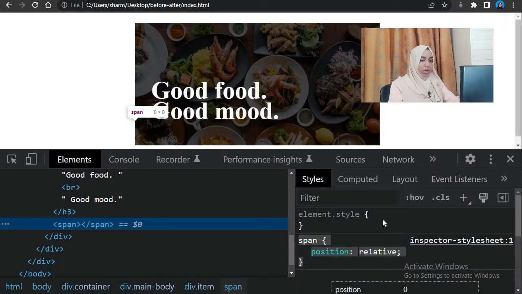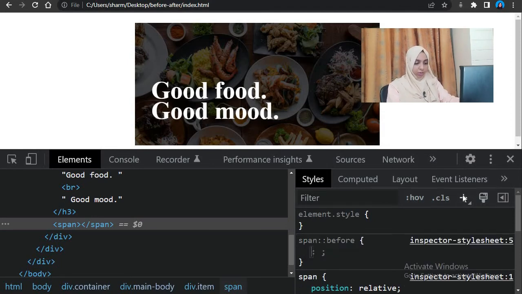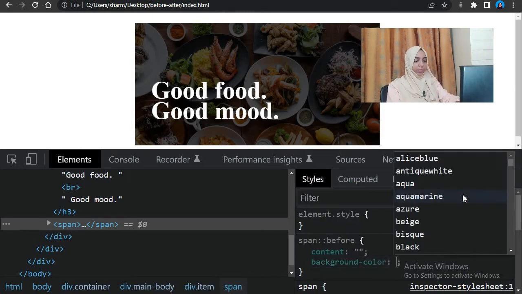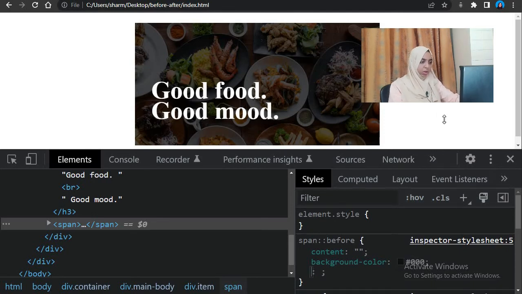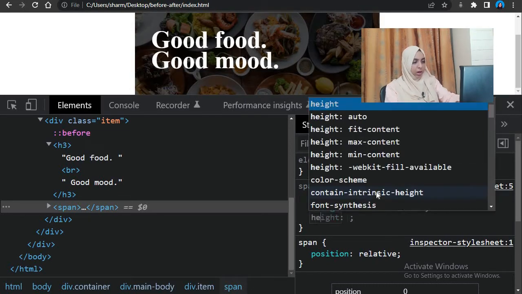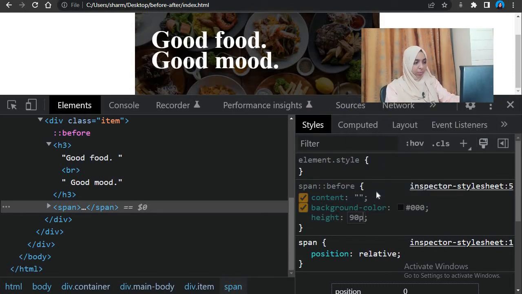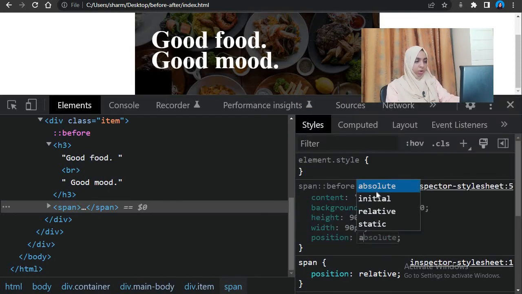Alright, so guys, to the span now we will give it a before. Okay, content empty, we give it a background color of black for example. Let me just pull this up so you guys can see, and we give this a height of, for example, 90 pixels, a width of 90 pixels, and a position of absolute.